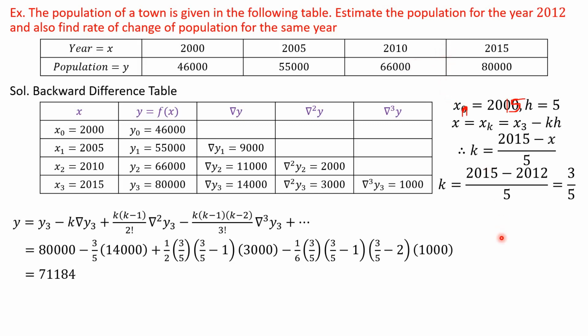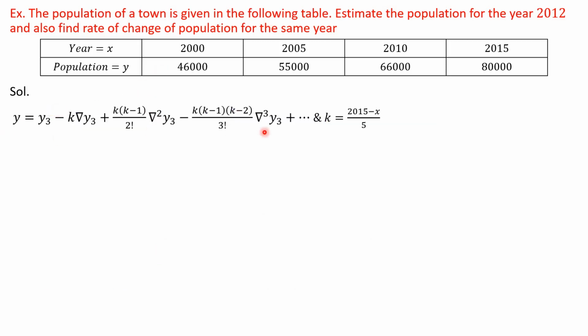Now the first part is over. In the second part, you have to find the rate of change of population also. See, while solving the example on forward difference, we got a polynomial, so we could easily differentiate that polynomial and find the derivative. But right now we don't have a polynomial here, right? So when we don't have a polynomial, how do we find the rate of change? For that,